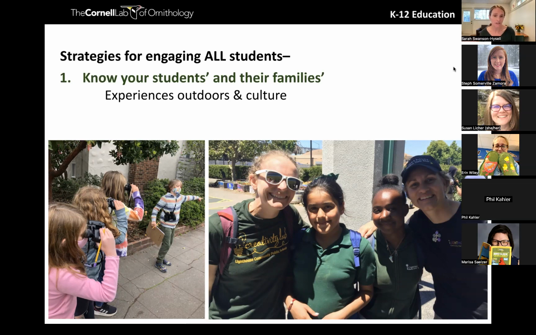I also learned from an incredible local organization called Vida Verde that it was helpful to start kids standing on the ground outdoors versus asking them to sit on the ground. Because the ground does not look the same in all neighborhoods and for all kids, and not all cultures encourage sitting on the ground. So that was one way in which I helped create a sense of emotional safety for my kids when starting out outdoors. All right, next slide.